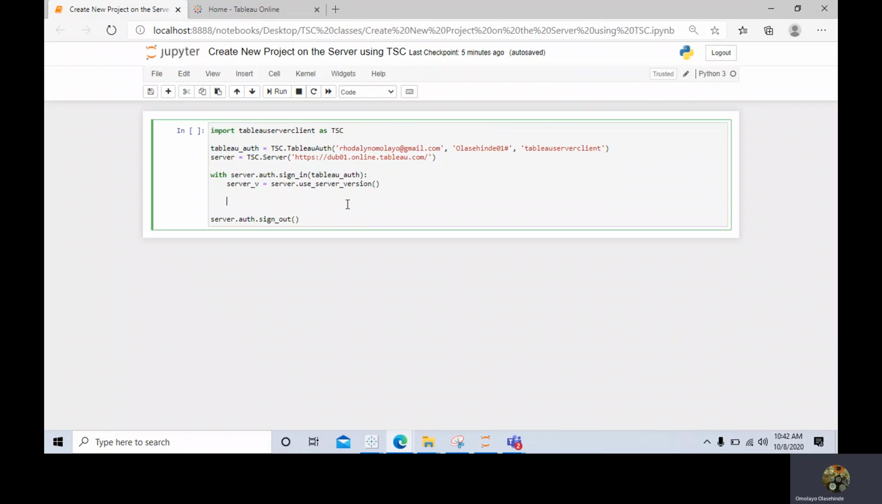We're going to be learning how to create new projects on the server using the Python Tableau Server client. But what do we understand by project? A project is a subset of a folder. That's how I'm going to define it. It's a subset of a folder